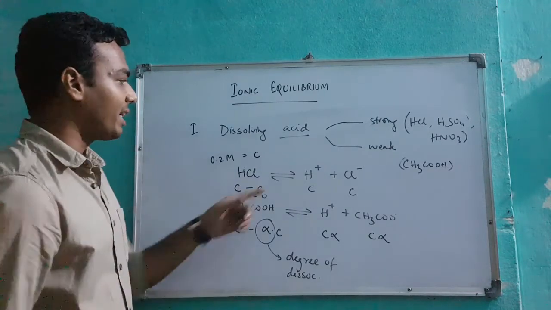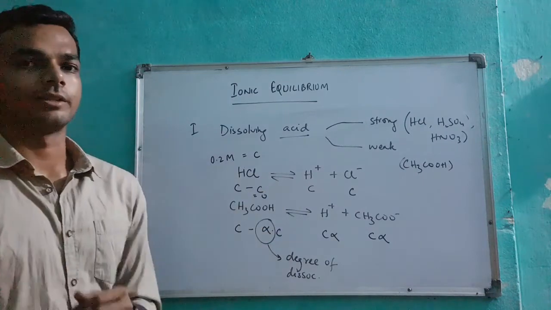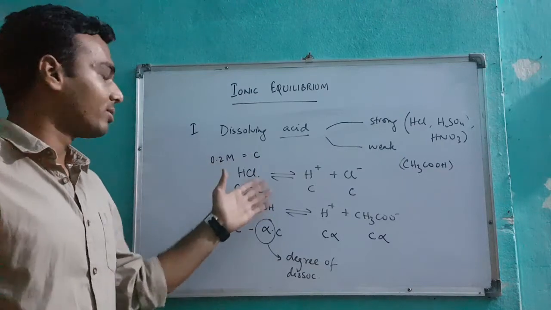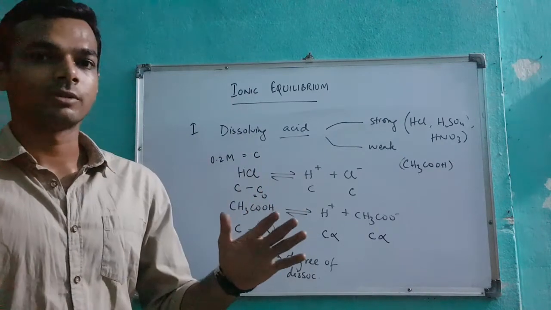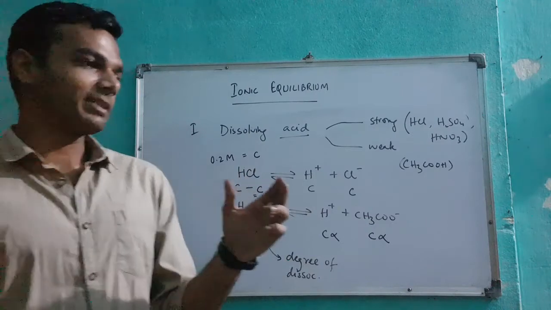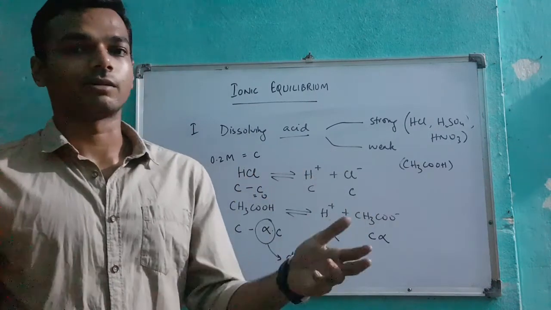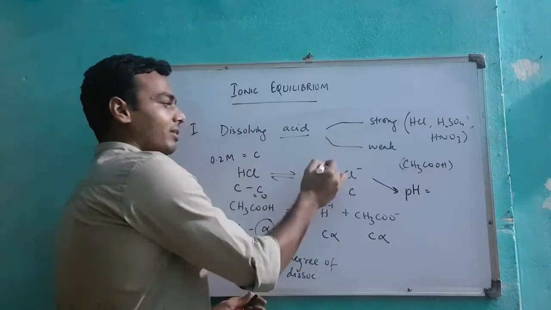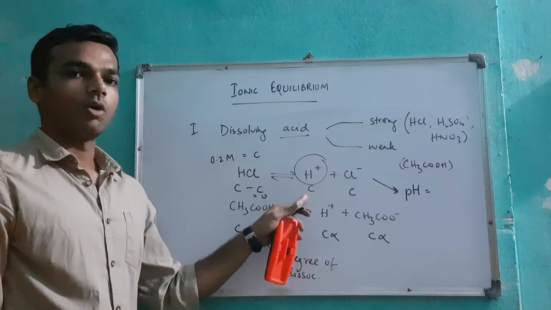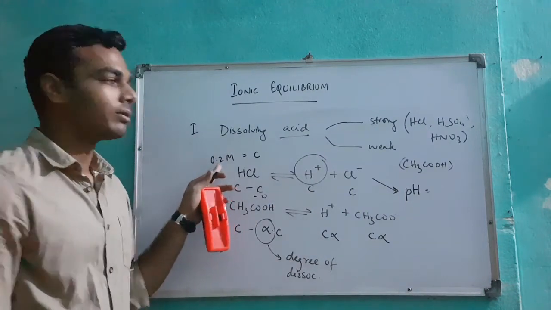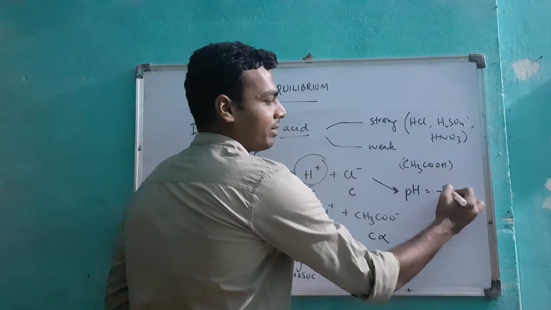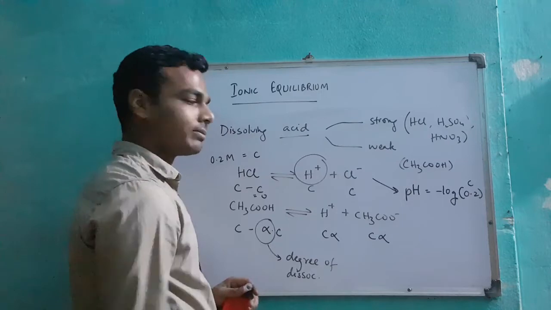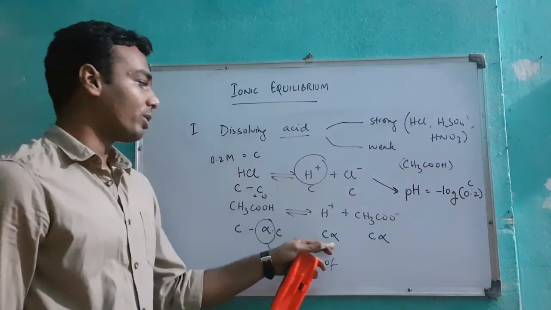Now, finding the H plus concentration for a strong acid is very easy, because whatever the initial concentration, the whole amount of molecules is going to break into ions. The concentration taken initially is precisely the same concentration of H plus that we'll find later. So in this one, when you find the pH, the concentration of H plus is C, or as I've taken in the example, 0.2 molar. So the pH of the HCl solution will be minus log 0.2 or minus log C. As simple as that. But for this, we need to know the value of alpha.